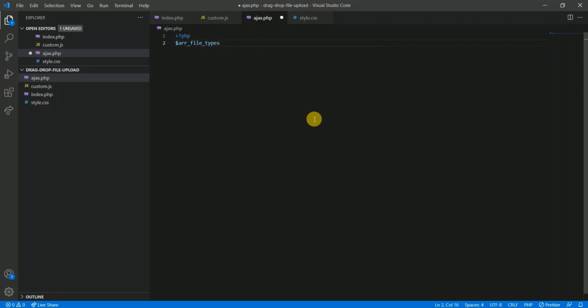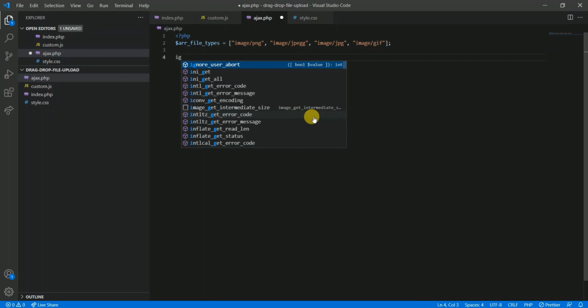Let's say you want to upload only images using this script. So let's add an additional check to allow only images on the server side. Now I'm passing here GIF, JPEG, and PNG formats.